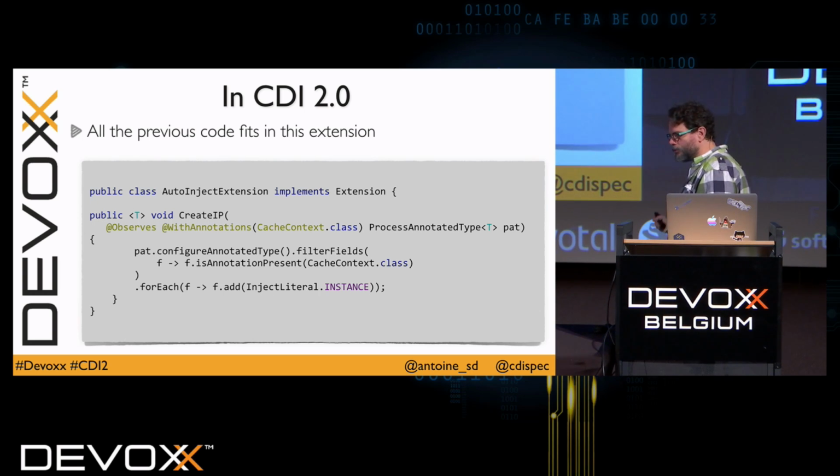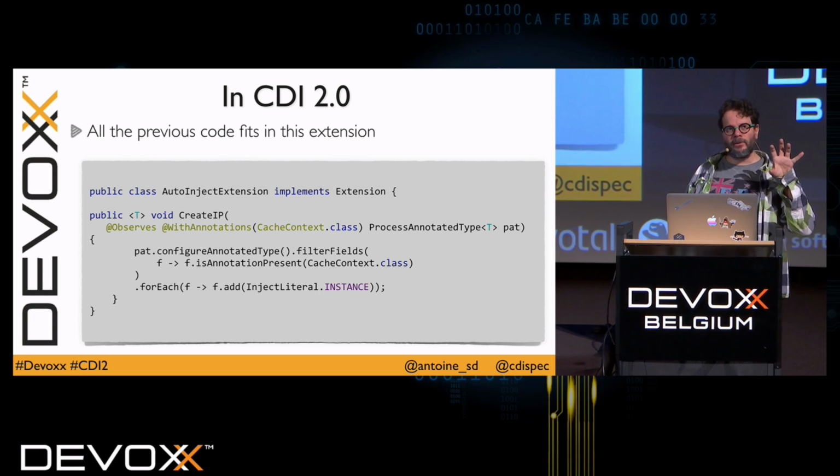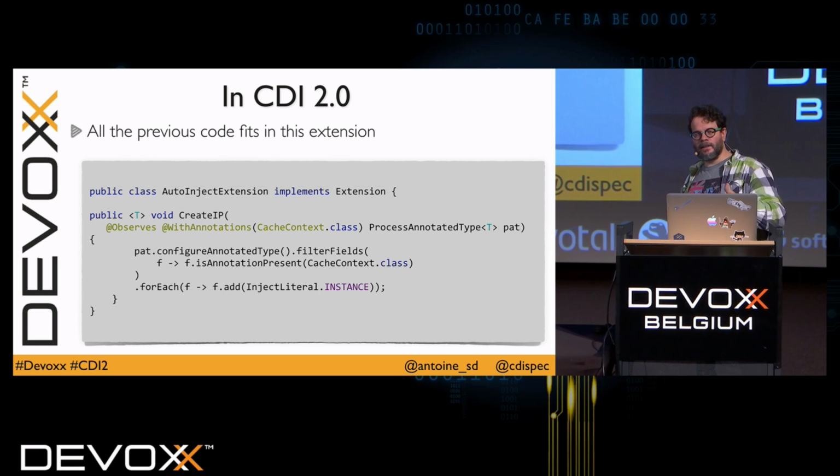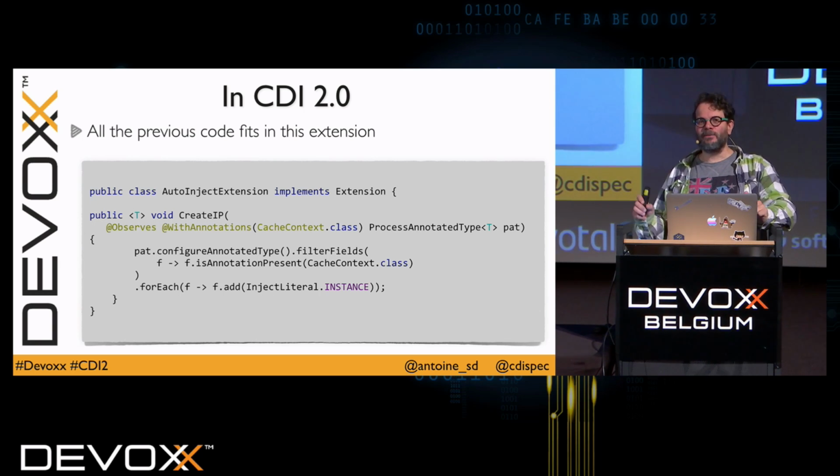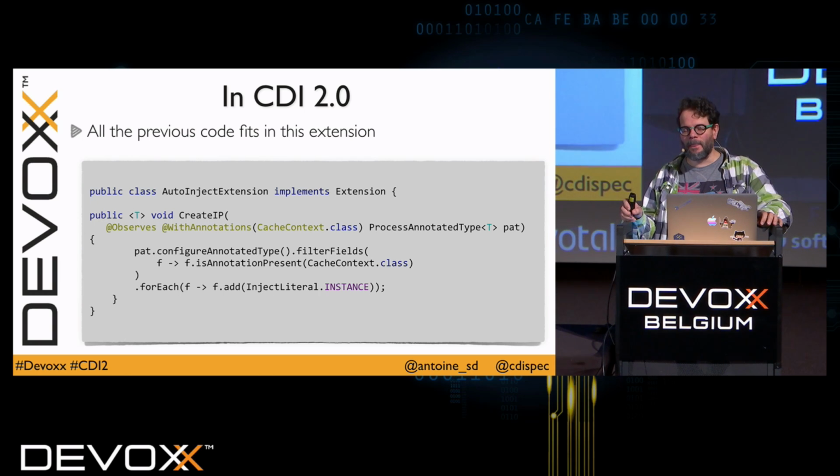So we still have the extension. In the process annotated type event, we ask for a configure annotated type, so we have a configurator returned. We can use filterFields, which returns a stream. We can find all the fields that have the cache context annotation, and for them, we are adding the @Inject annotation. And that's it. It's not a revolution, but it will help a lot of people to develop